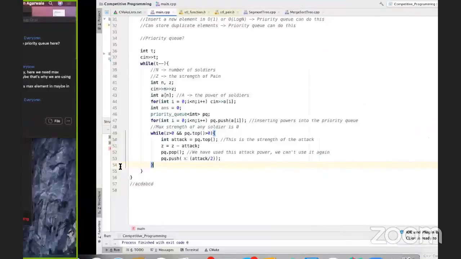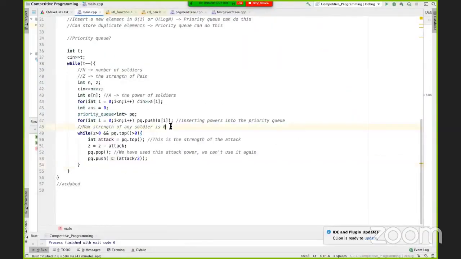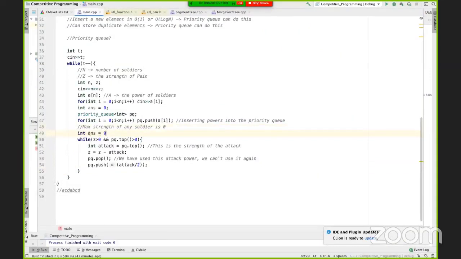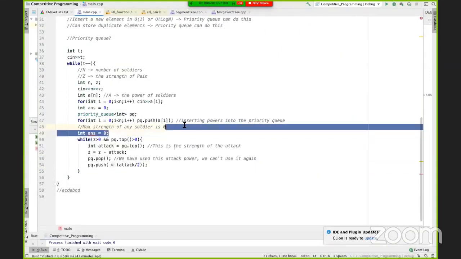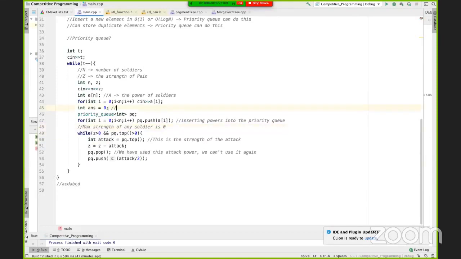Okay, now we need to actually keep count of the answer as well. So I'm just going to keep, oh, we have already declared a variable. So every time we attack, I'm incrementing the answer. Okay,